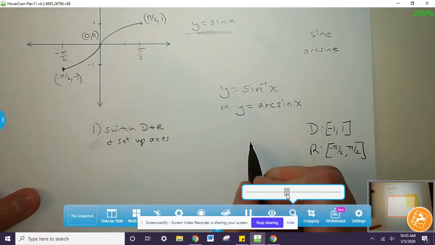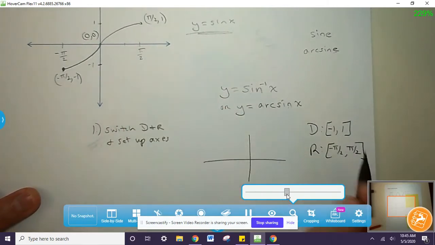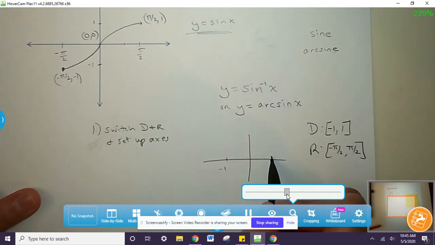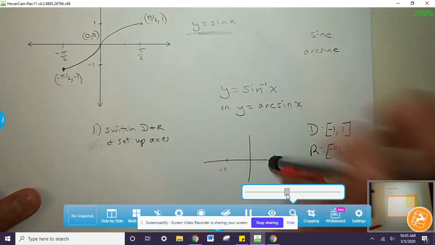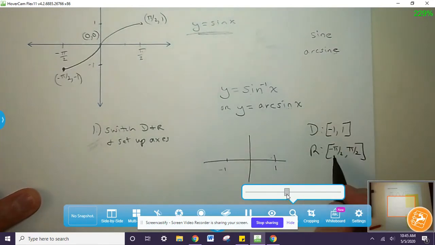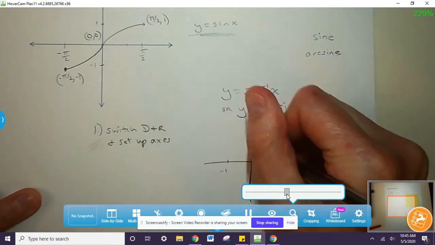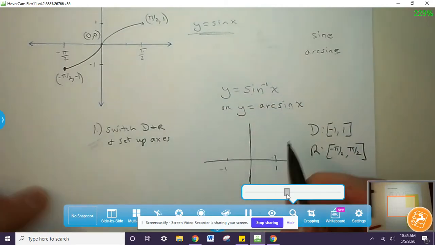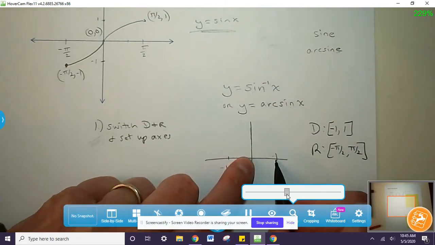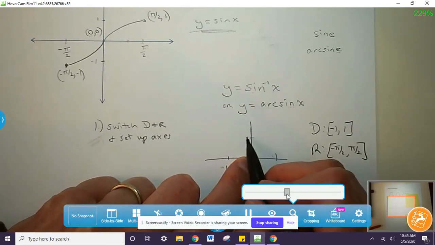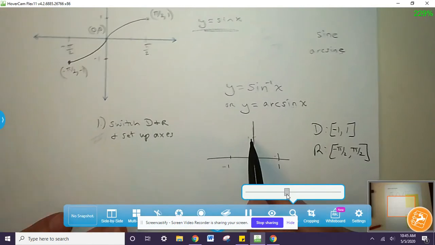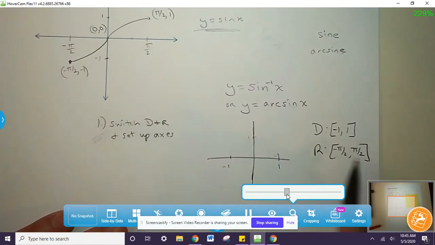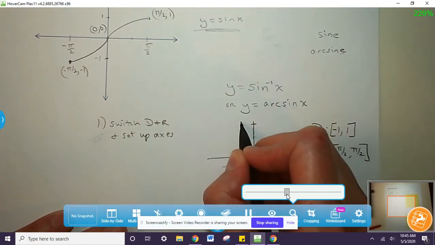So if I think about the axes that I'm going to need, I'm going to need to go from negative 1 to 1 on the x-axis. And I'm going to have to go from negative pi over 2 to positive pi over 2 on the y-axis. And again, I'm going to try to just pay attention to if this is 1 unit on the x-axis, let's try to make the same for 1 unit on the y-axis. But I actually don't need to indicate the tick mark at 1. I need the tick mark at around 1.5, 1.57